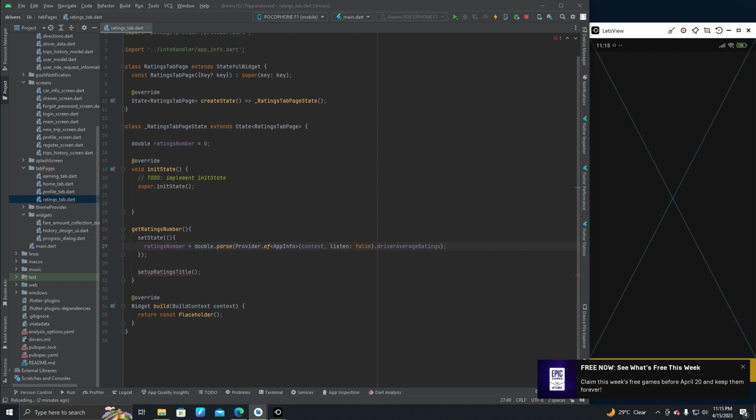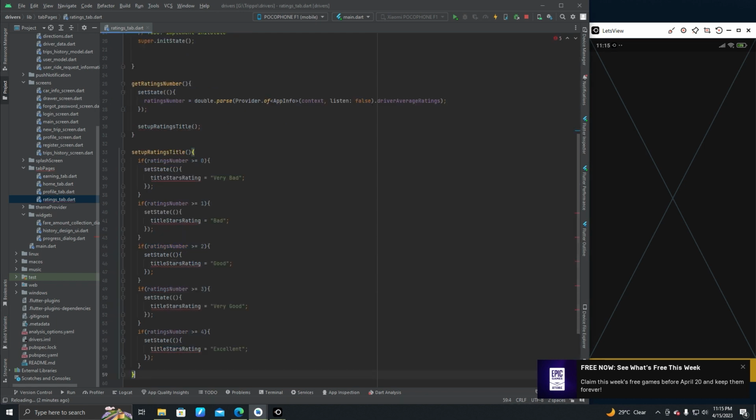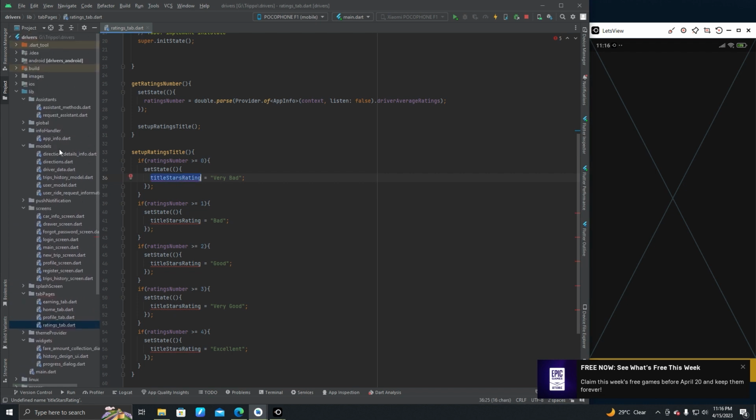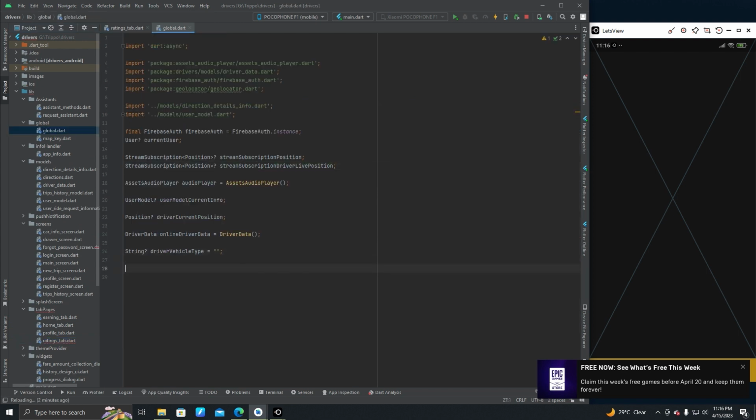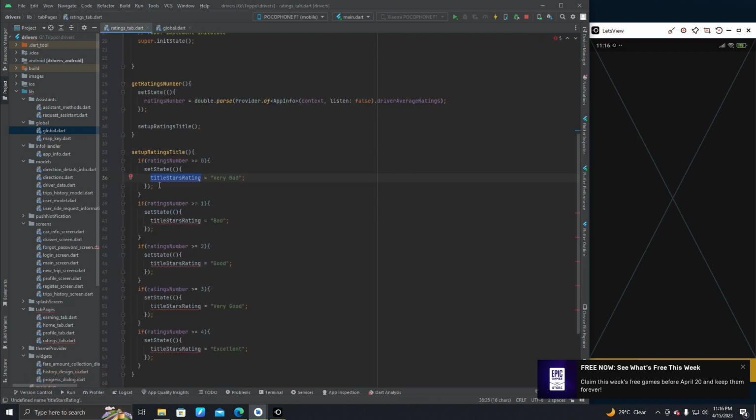Let's write another function here, setupRatingsTitle, and in our global.dart let's copy this and paste it here. So string equals empty, title starts rating, and let's import our global.dart,